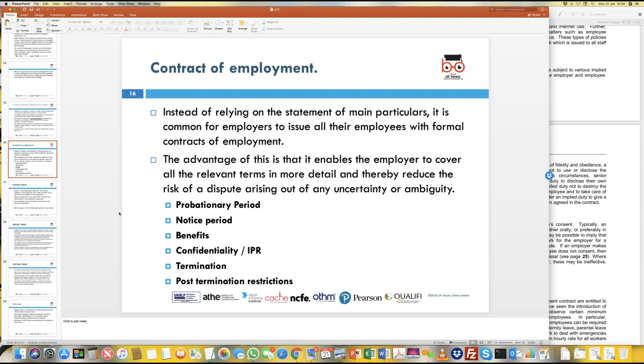So in order to ensure there is continuity in the work being delivered, even if employees are not happy in their position and tender their resignation, it is present in most organizations, I would say 99% of employment contracts have this clause: some sort of period which the employer or the employee needs to give to each other if they are not happy with the person's services, or the employee is not happy with the employer's working conditions, pay, salary package, or benefits, things like that. They would need to give this to each other before they leave that position.